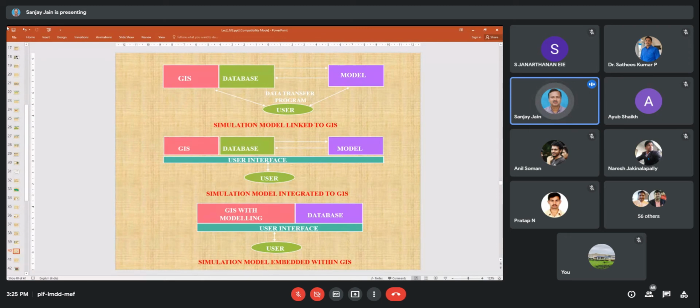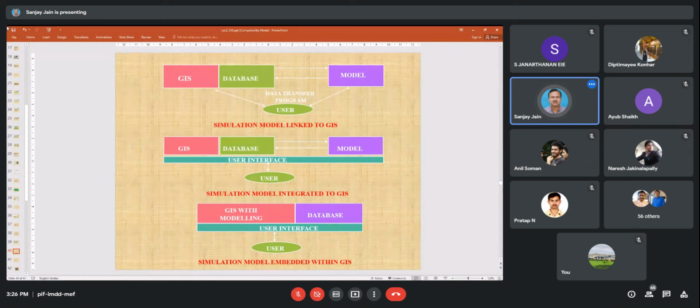If anybody of you is working in the field of water resources or hydrology, then you can understand that there are a number of software now which have been interfaced with GIS, and we can easily handle that hydrological software with the help of this user interface.